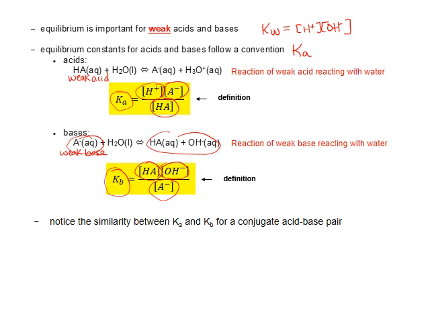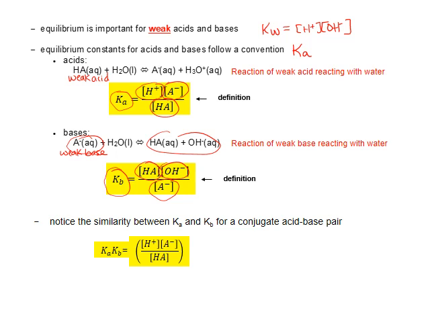Notice the similarity or overlap of terms between Ka and Kb. Many of the same concentration terms appear in each. Watch what happens when we multiply these two expressions together. If we multiply the expression for Ka times the expression for Kb, we have Ka, again, as the concentration of